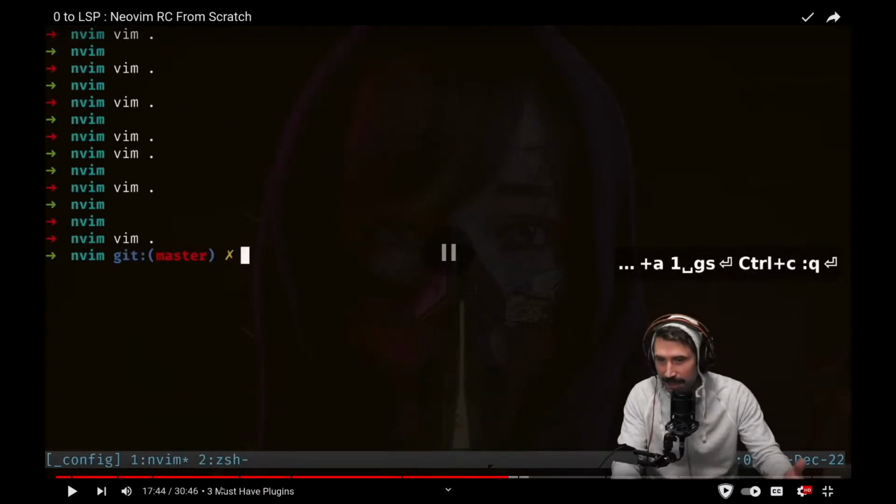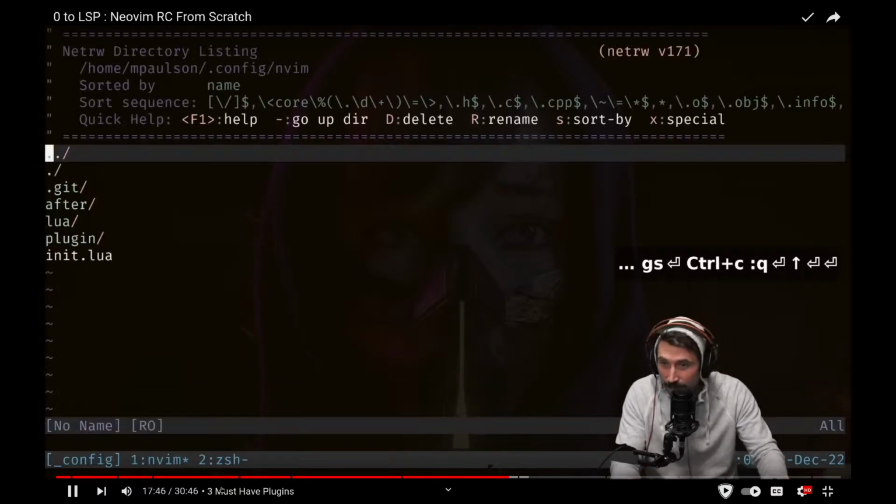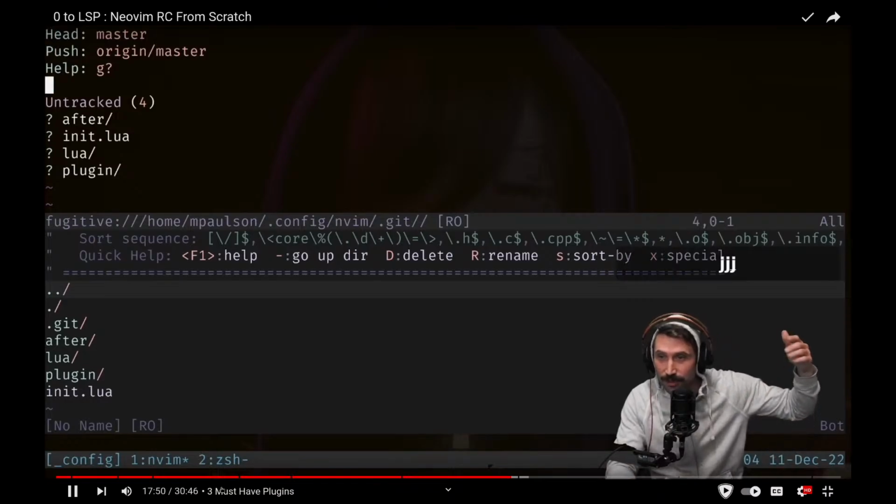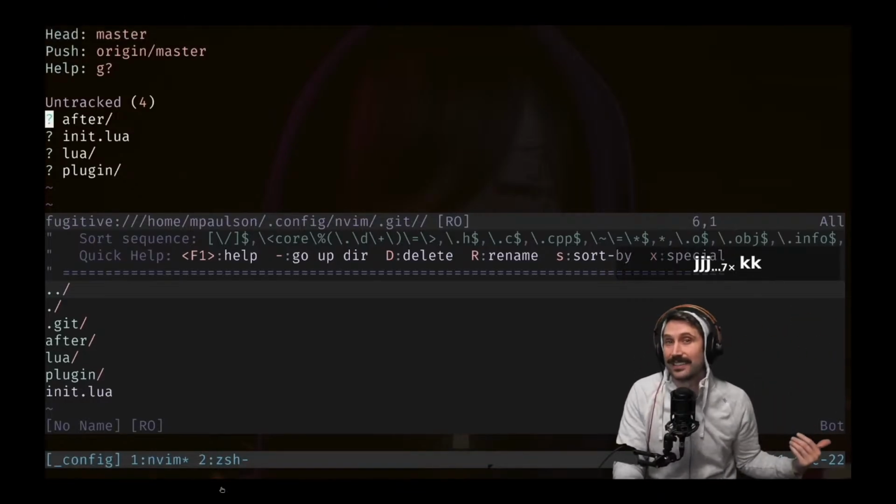It's still not there because, you know, Vim just didn't know I was there to begin with. Leader GS, look at that. We now have the ability to manipulate and do stuff in Git. At this point, I think I have enough plugins to really be able to